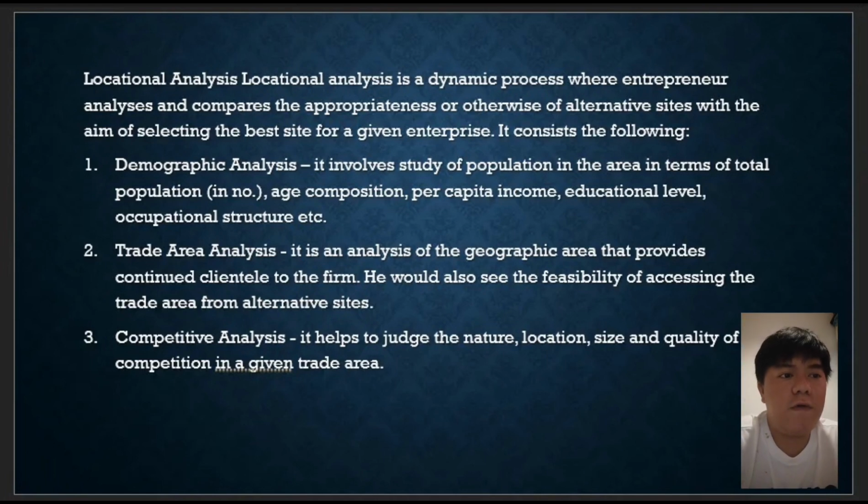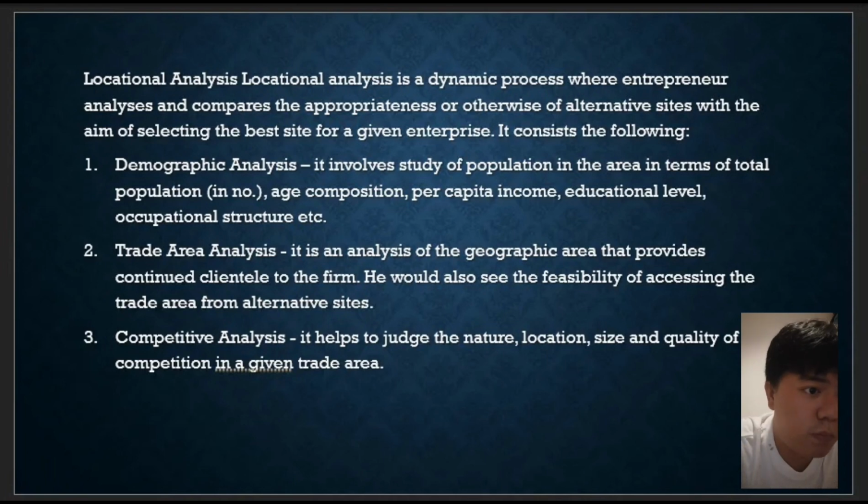It consists of the following. So number one, geographic analysis. It involves study of population in the area in terms of total population,